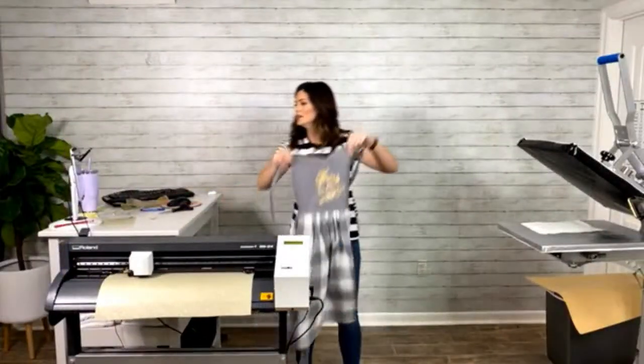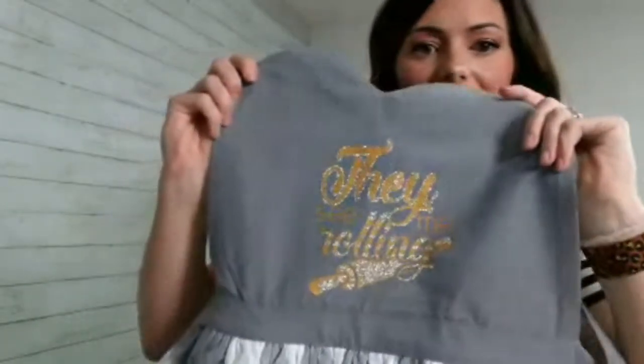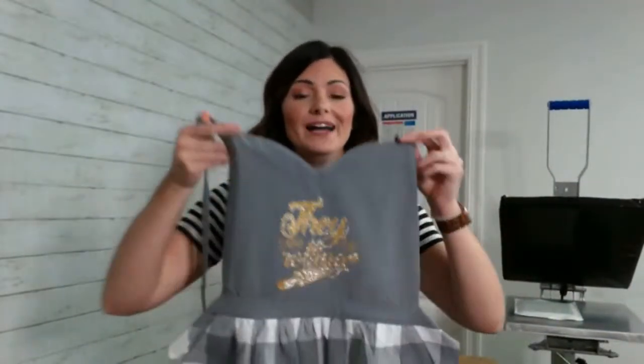Oh, sorry, guys. Okay, so this is the finished product. I will show it to you up close like this. Kind of reminds me of cinnamon rolls, actually. So, like I said, you guys, I wish this would have been just a little bit bigger. I would have made it wider here, and then maybe had the rolling pin going more at a diagonal,